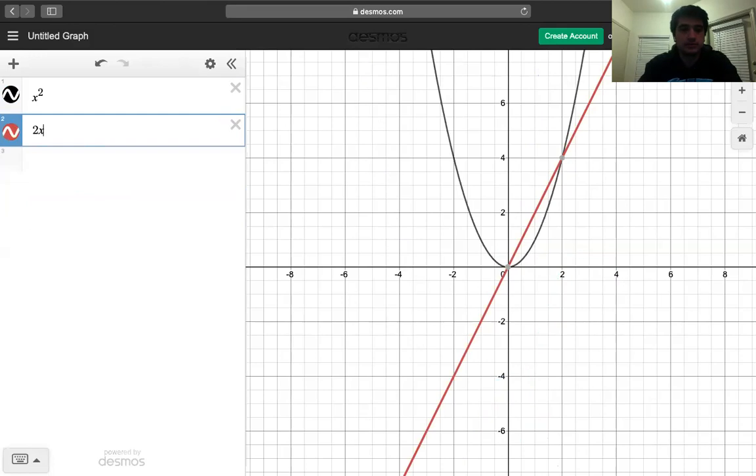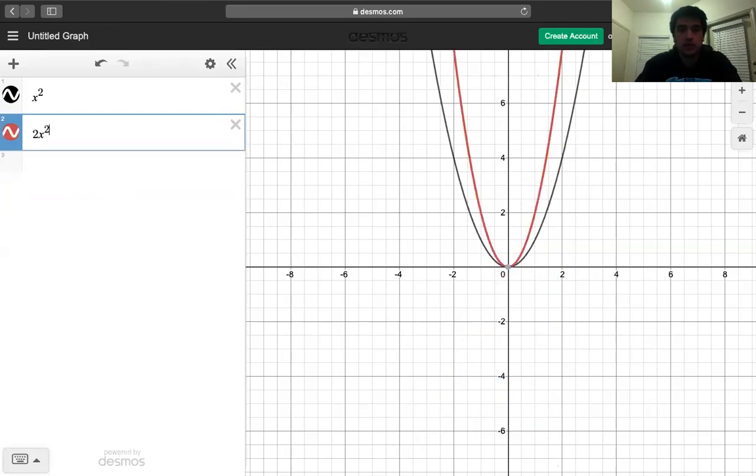2x squared, right? You see how the black one's the parent function, right? You see how the red one's just a little bit skinnier, okay? That means we vertically stretched that function, right? We stretch that parabola, okay? So what you're looking for is the number in front, okay? Now, because that number is greater than 1,